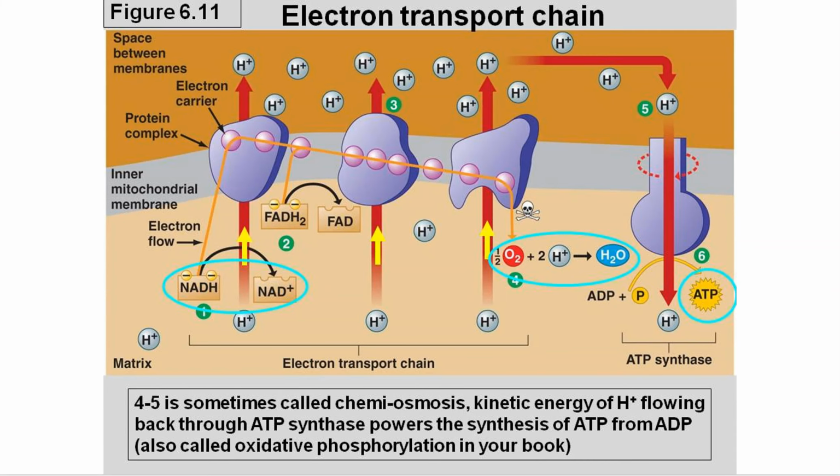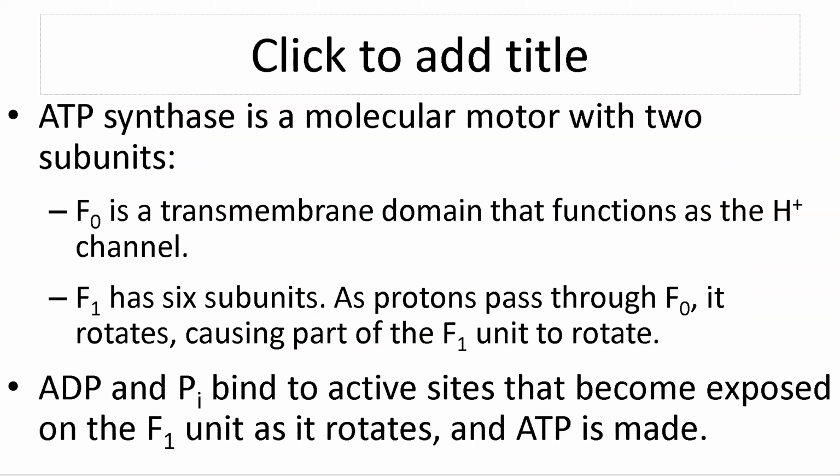So here's just another picture from a little bit of a dated textbook, but you can see oxidation of NADH, oxidation of FADH2 drives the formation of the hydrogen ion dam, creating that gradient. Diffusion can't go through everywhere, but there is an opening through ATP synthase, and therefore that motion is turned into powering the motor, making ATP from ADP and inorganic phosphate.